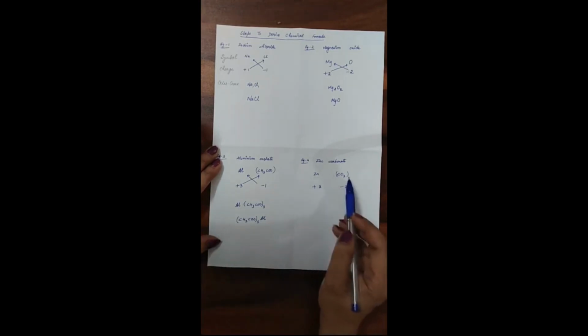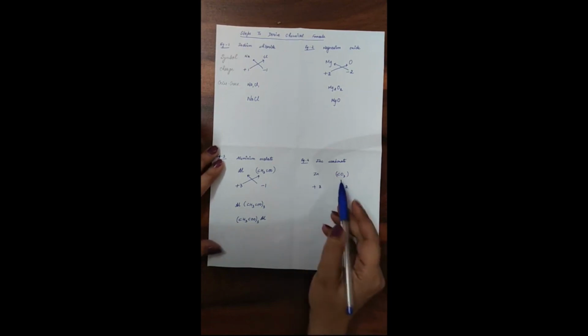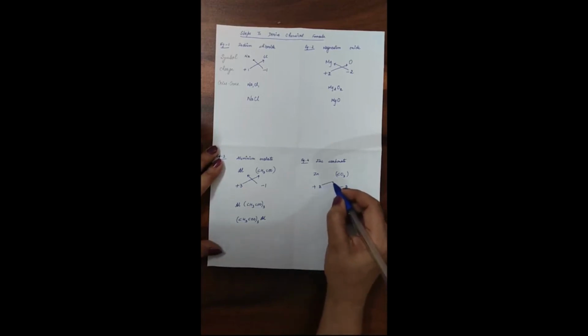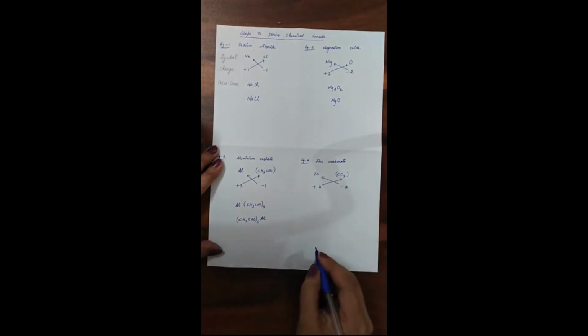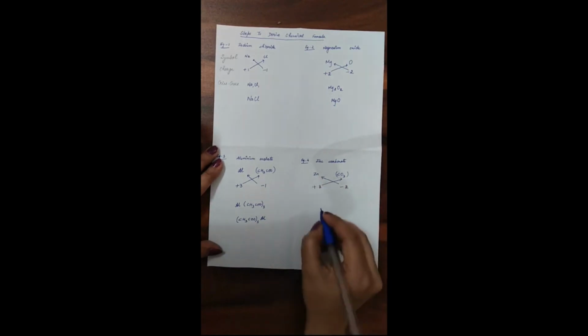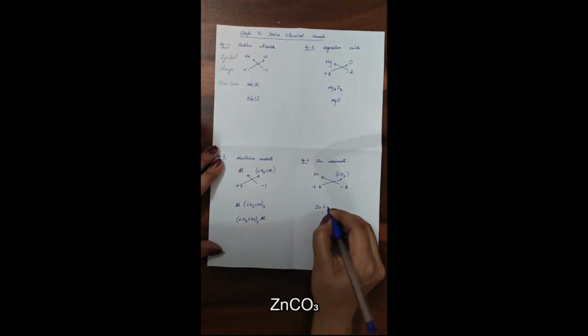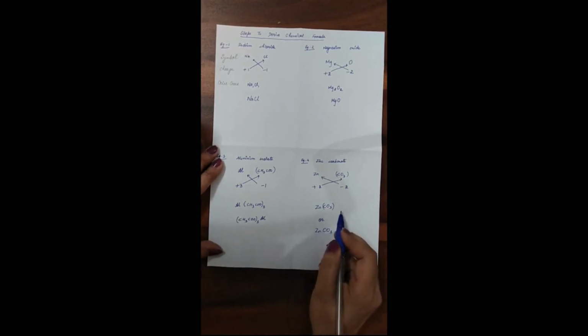Last, zinc carbonate. I have written the symbols and +2 and -2 charges. Again, it's a compound radical, so it should be written in a bracket. Now again, 2 and 2 have a common factor, so we can cancel them. 2 will go there, 2 will go this side, so 2 and 2 get cancelled. Zn(CO3). Now it can also be written simply as ZnCO3, because after the bracket nothing is written, that means 1, so both ways would be right.